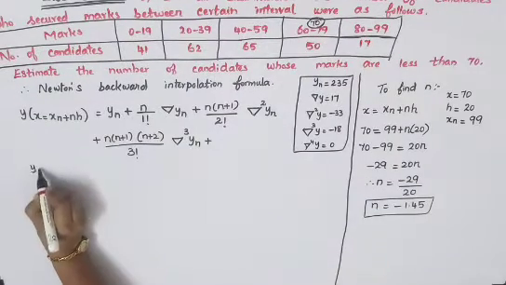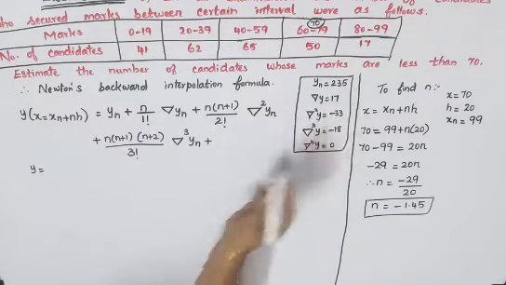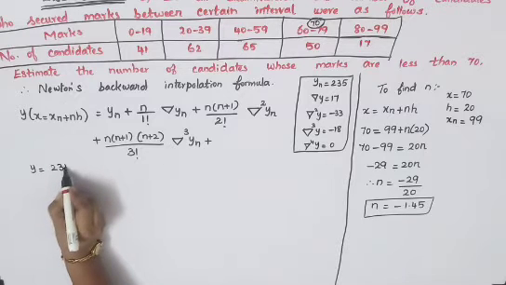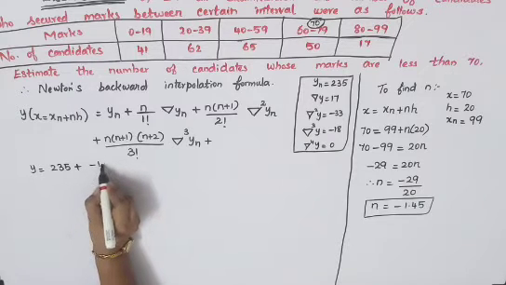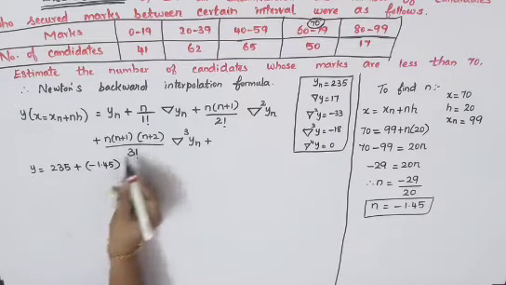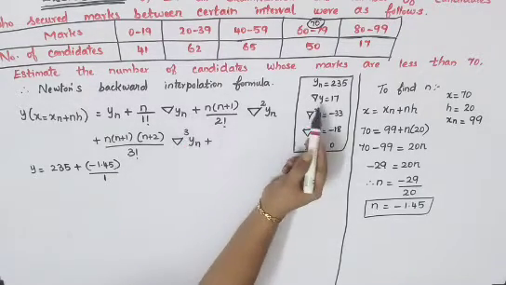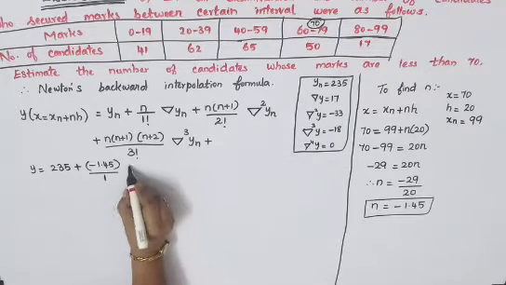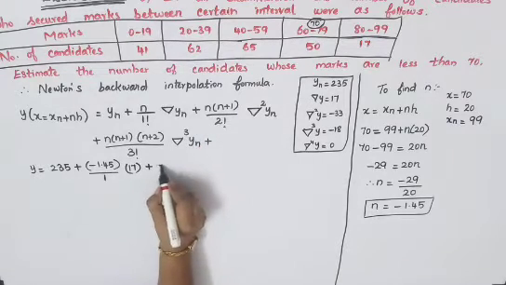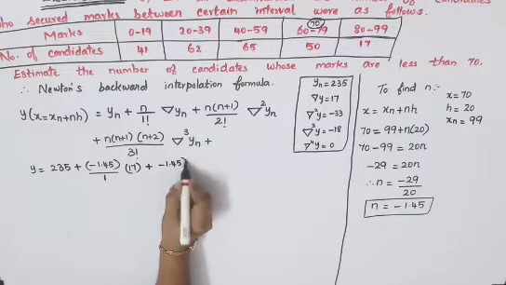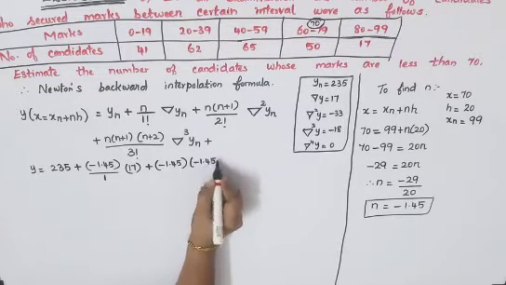Y is equal to yn. I have just written all the values from the table here. So yn is 235, so 235 plus your n is here, so minus 1.45 divided by 1 factorial. So we leave it as 1 into nabla yn. So nabla y, that is 17 from your table. So you can write into 17, plus again n is there, so minus 1.45 into n plus 1, so minus 1.45 plus 1.